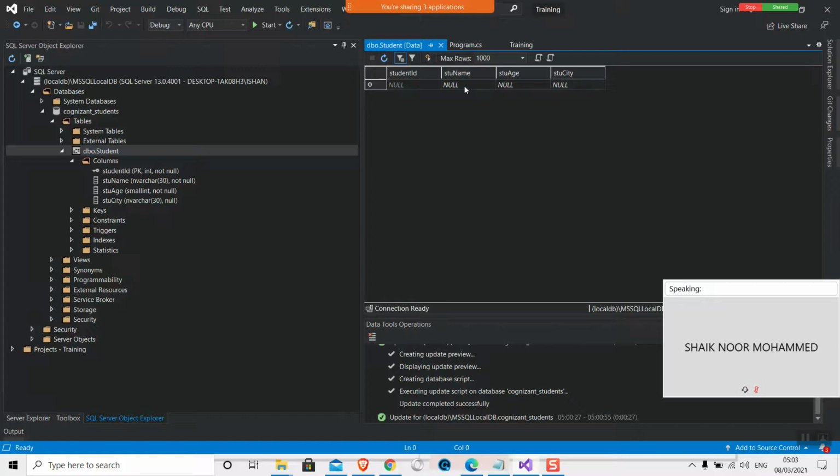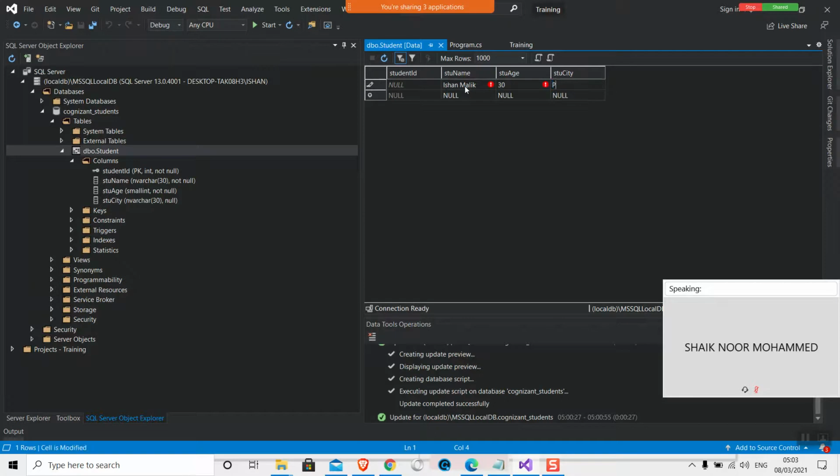Suppose you want to fill up the data. There are also 2 ways that you can do it. One, you can directly fill it, like I want to fill up the name. My age is 30.